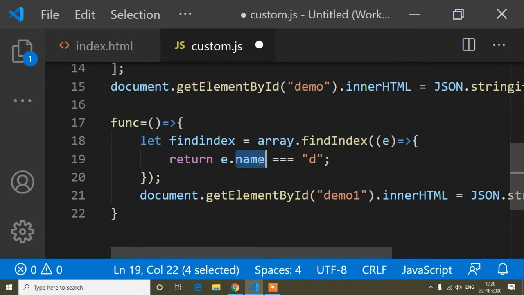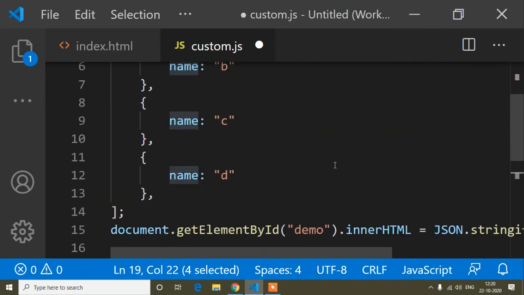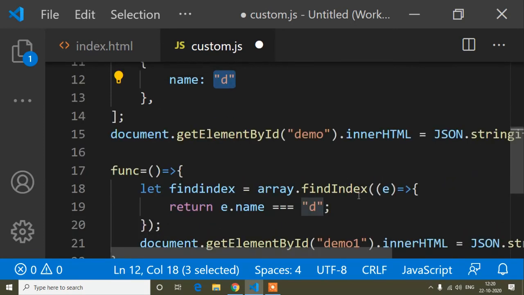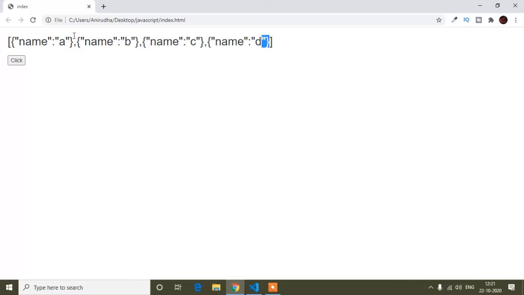So E dot name, and which name do I want the position of? This D. So E dot name triple equals D. Refresh it and click. So here you can see I'm getting the position is 3.